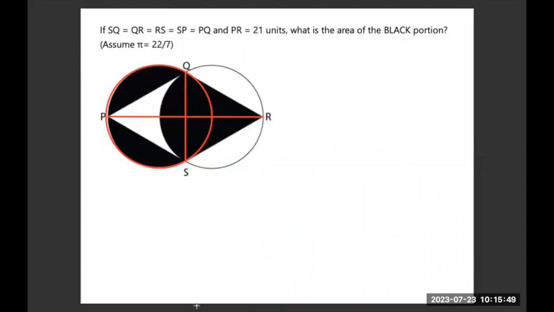In an equilateral triangle, what I've established so far is that triangle PQS and triangle QRS are equilateral triangles. In an equilateral triangle, what one knows, and it's absolutely correct also,